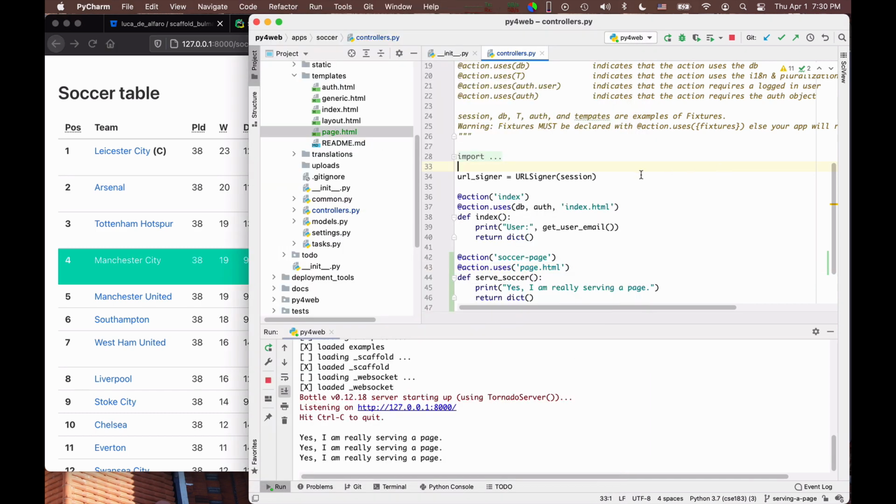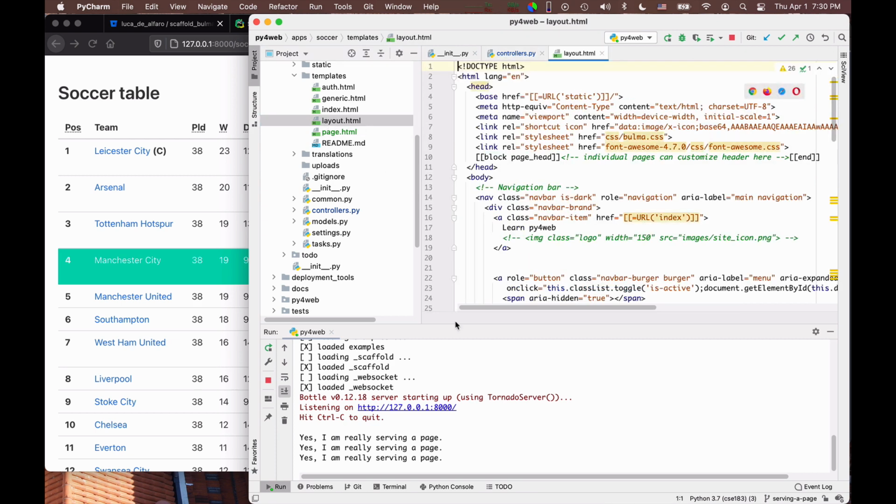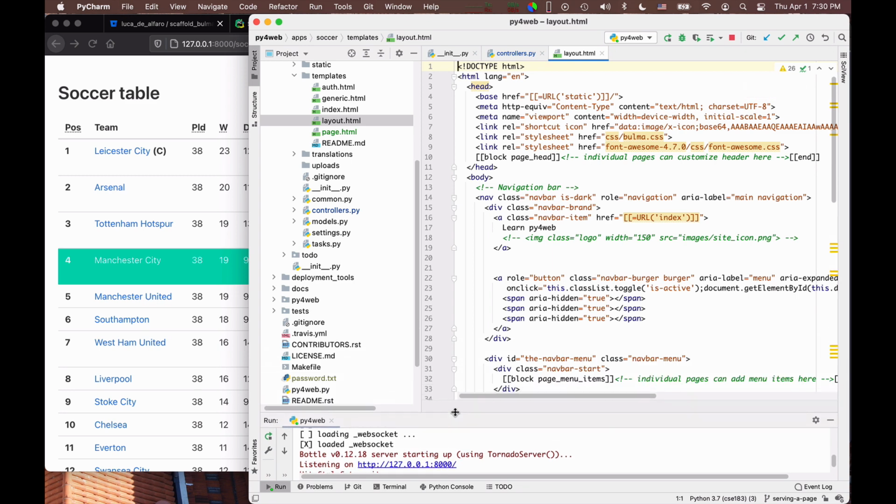So it turns out that inside these templates, there is one that is called layout, and you can read it if you wish, and maybe you should in fact slowly read it. This contains all the general stuff that you need in order to make a page look nice, with a hole in the middle defined for where your actual content of the page will go. Let's look at it a moment.